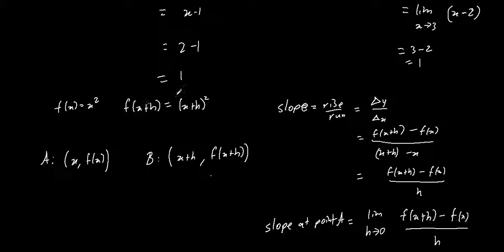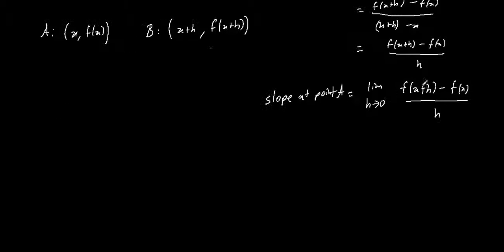Whatever I have inside, that's what this function tells me. Whatever I have inside, I just square it. Same thing goes here. Whatever I have inside the bracket, I'm just squaring it. So then I have my limit as h approaches 0. Now I square this, right? So the (x plus h) all squared